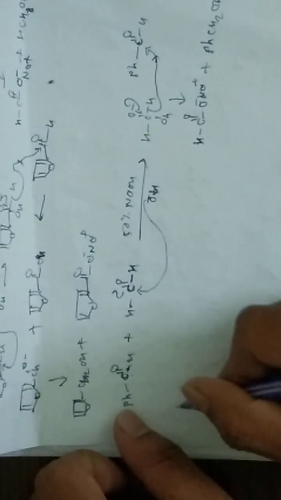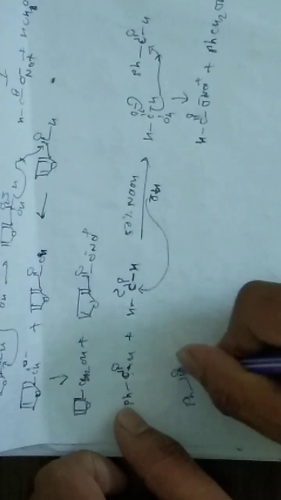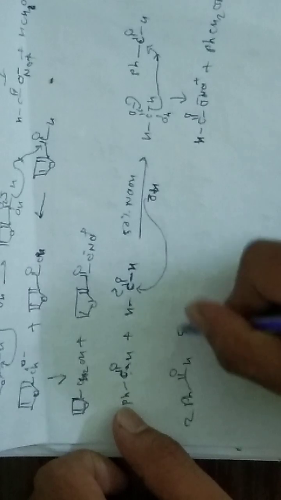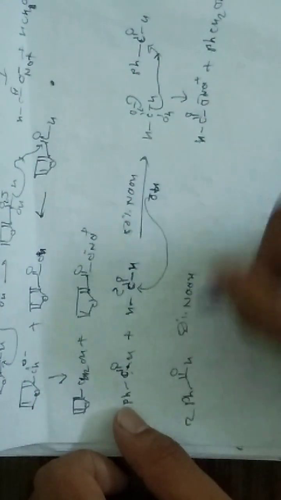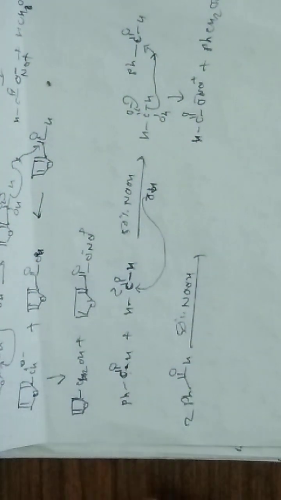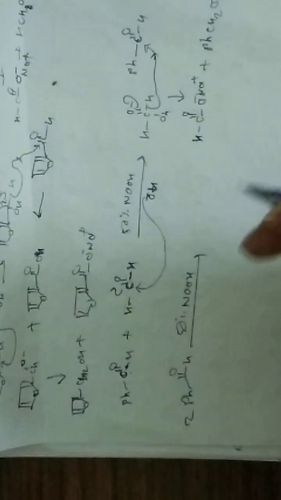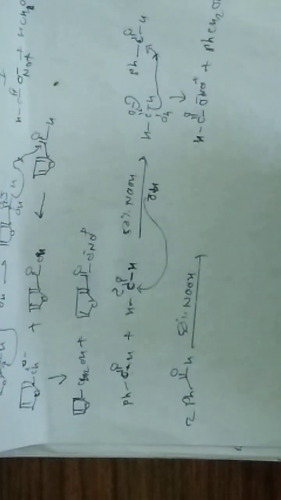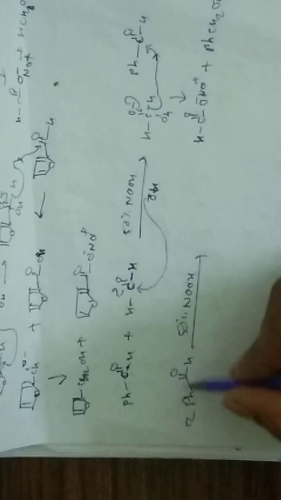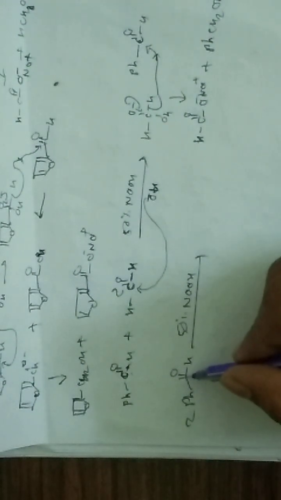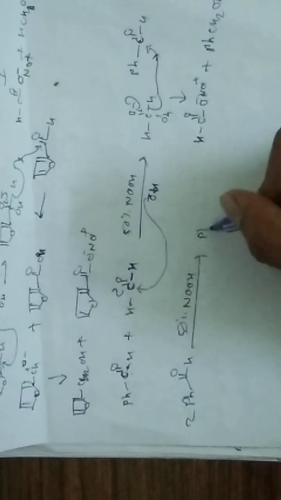Suppose benzaldehyde, two benzaldehyde, 50% NaOH. If this is the question in the exam and the mechanism is not asked, then there is no need to write the mechanism, simply go through the direct method. Oxidation of one molecule and reduction of one molecule is happening here. If oxidation of benzaldehyde is done, then what will happen? Benzoic acid, plus,